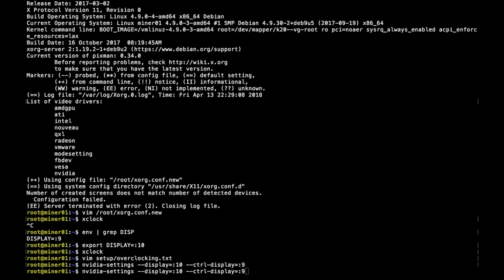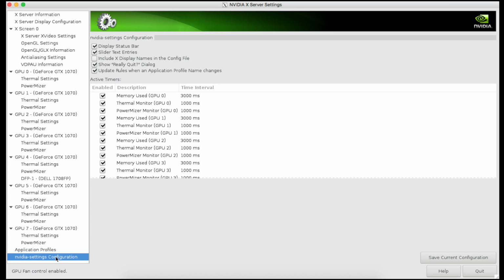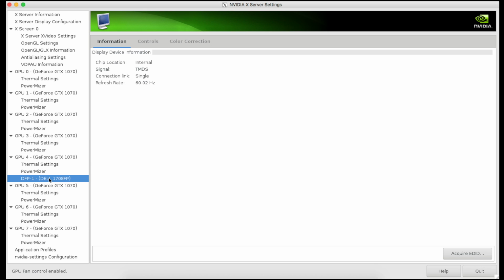EDID file. Just start the Xorg server, after you edited the Xorg file of course, and then start the NVIDIA settings tool from the terminal. By the way, in my example I am starting it remotely, which you can notice in the command line parameters. In this tool, search for the GPU that has a DFP section. It means that a monitor is attached to this GPU. Here we have it. This is the monitor, and now you can press the Acquire EDID button to save a